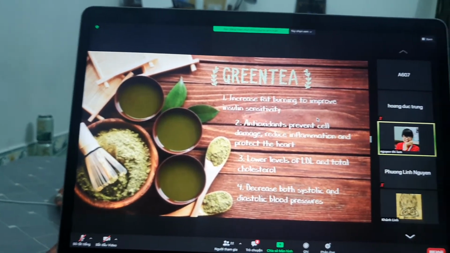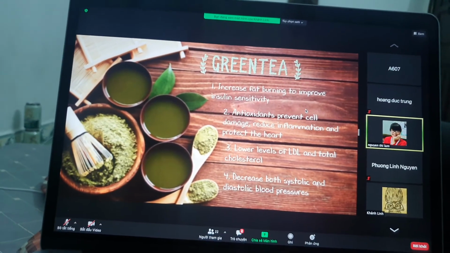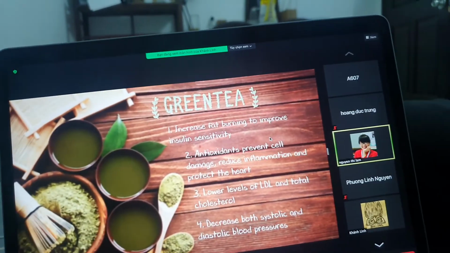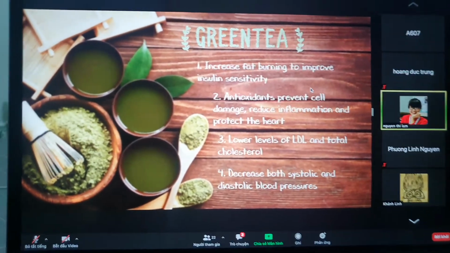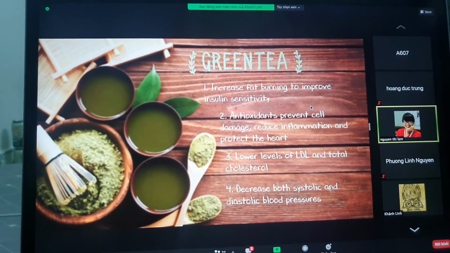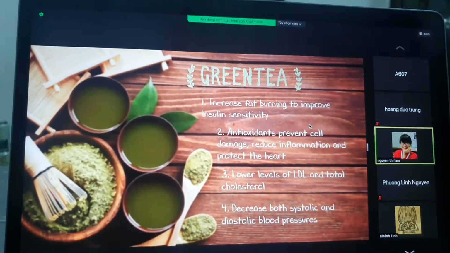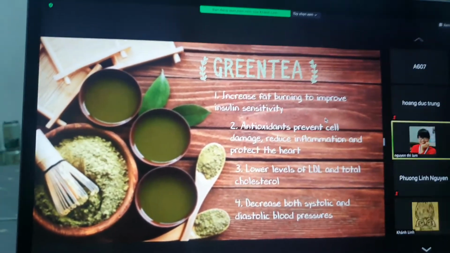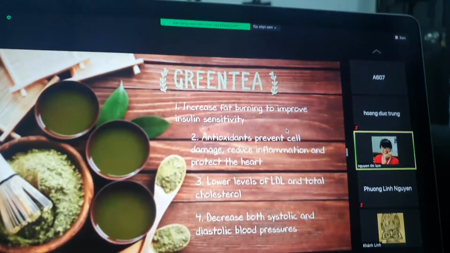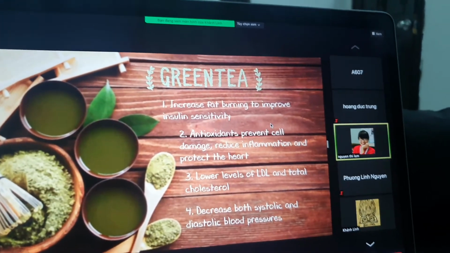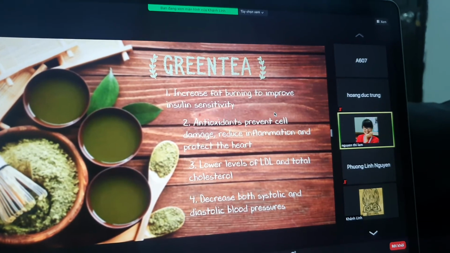Green tea has been associated with a number of health benefits, from increased fat burning to improved insulin sensitivity. It's also brimming with polyphenols and carotene, which can act as antioxidants to prevent cell damage, reduce inflammation, and protect the health of your heart. According to more than 20 studies in American universities, a higher intake of green tea was